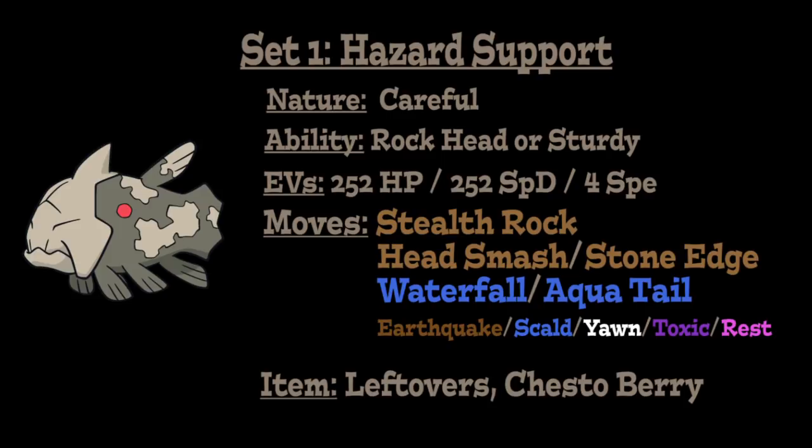but if you want to go with Sturdy, as that does kind of make sense in a way on a more defensive set like this one, Stone Edge is definitely the next best option to go with, as it is equally as accurate as Head Smash, but not as powerful, but you won't have to take the recoil if you're running the Sturdy ability. Then for your next attack, we're either going to go with Waterfall or Aqua Tail to be your